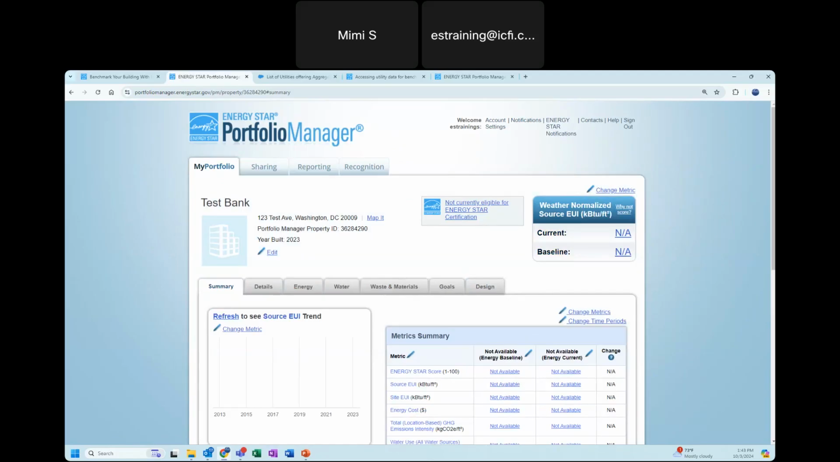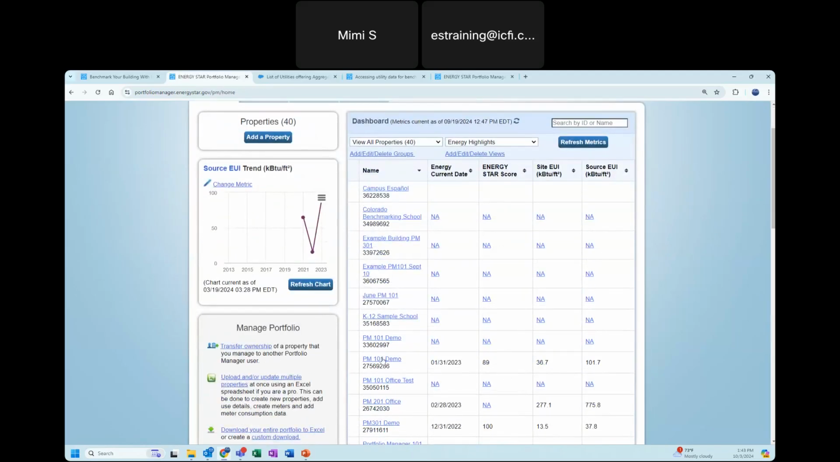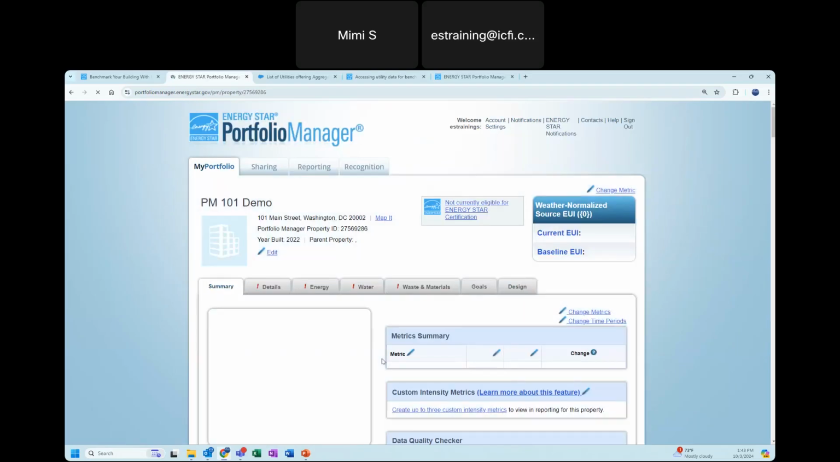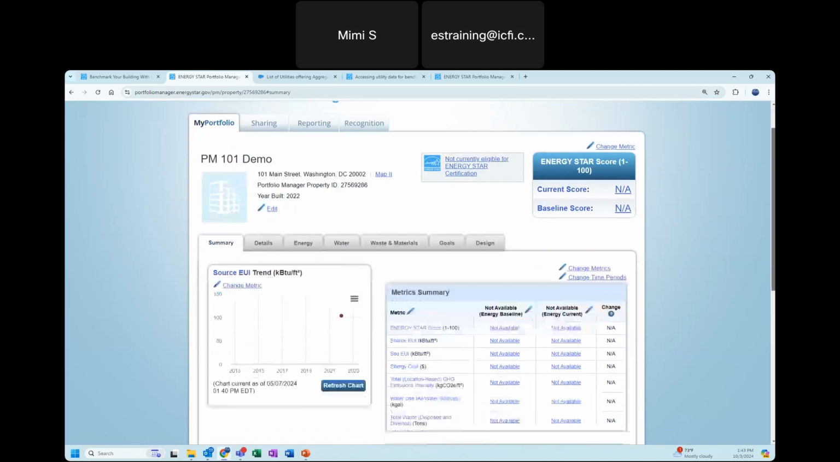Perfect. Alrighty. And now I'm going to go back to the My Portfolio page to show you what it will look like when you have all your meters set up and all the information available to see the metric summary and everything like that. Alrighty, so when you have,